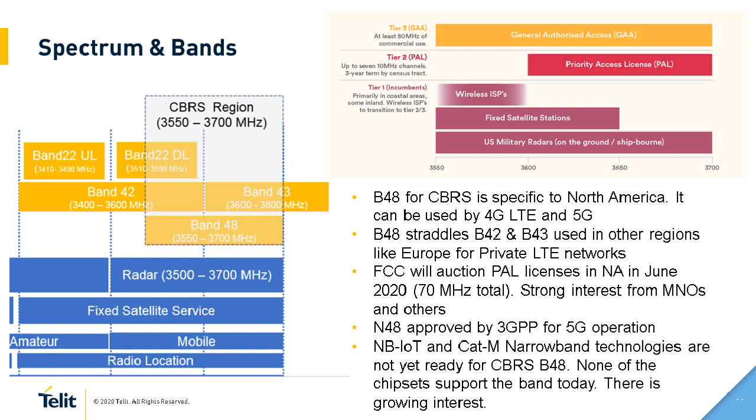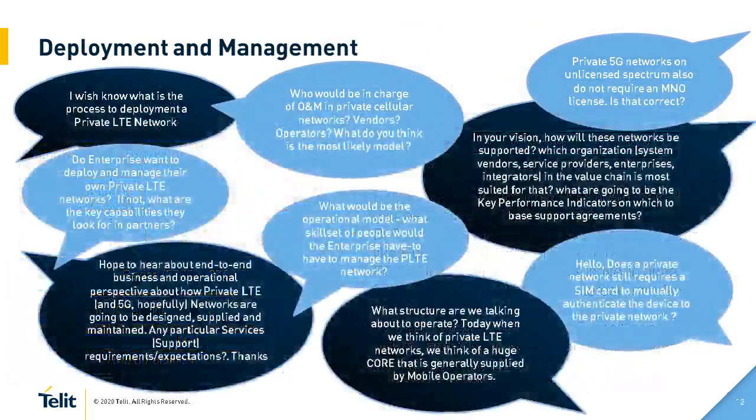So now let's move on to another category of questions that we received. These questions are related more to deployment and management. So we're getting a little deeper involved into how the network actually operates. So again, these questions are